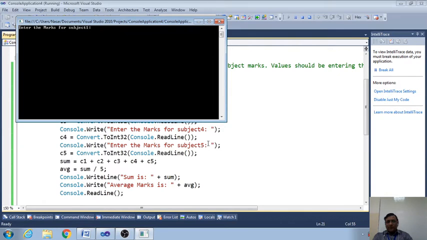Now, as I told you before, first we have to give the values and check manually whether our result is correct or not. To check our result, I am going to give the same value to all so that we can easily calculate it. So I know this is 80 each, the sum is 400 and the average will come 80. See, the sum is 400 and the average is 80.